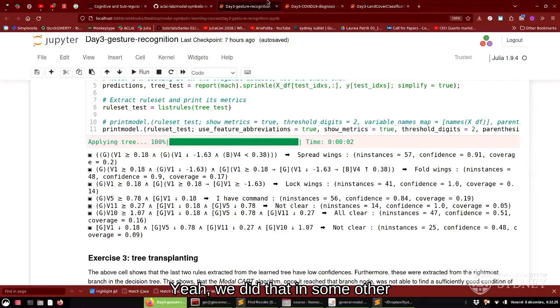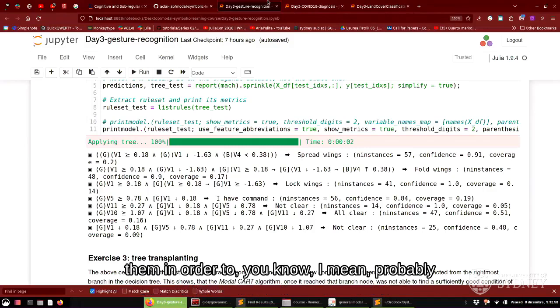Yeah. Is that something that you think? We did that in some other case, and the result is not always so appealing as it could be. But yeah, we tried that. With code, remember? We tried that with how the voice should look if visualized in the case of infection versus the case of non-infection. But because there are so many other details that the rules don't care about, you have to give a value to them in order to